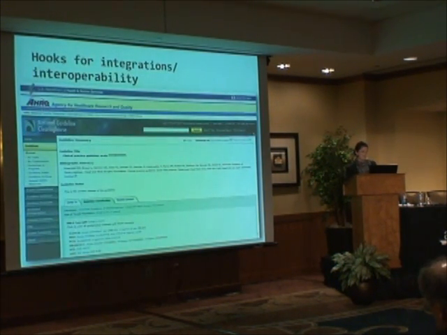Taxonomy is also critical, shared taxonomy is critical for integrations and interoperability. It gives hooks into data. So what we're looking at right here is the National Guideline Clearinghouse. This is a wonderful resource from AHRQ. I think for those of you in the audience who are medical publishers, you probably deposit your guidelines at the National Guideline Clearinghouse, and what they do there is write summaries. They do many different things, but one of the important things they do is to write summaries of practice guidelines.